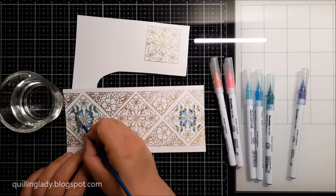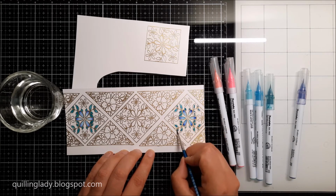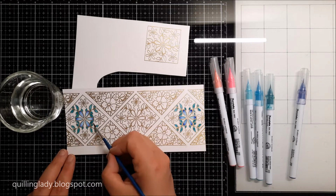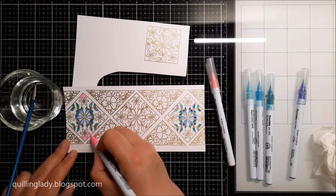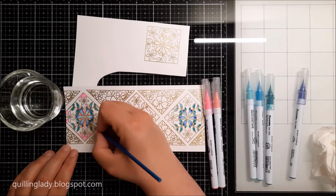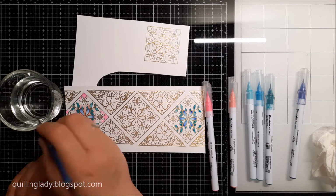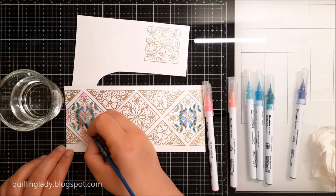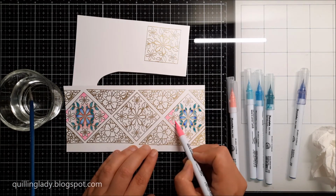As you can see, I'm applying a tiny bit of color on my project, and using my wet paintbrush I'm spreading the color around. And if you don't have Zig markers, use aqua markers, coloring pencils, literally whatever you want. But what I really like about any aqua markers, watercolor markers, or pencils even, is that when you use a wet paintbrush you spread the color, and you can get really beautiful color variations, especially with the darker and lighter tones. And if you have never tried aqua markers or watercolor markers, maybe today is the day, especially with heat embossing,